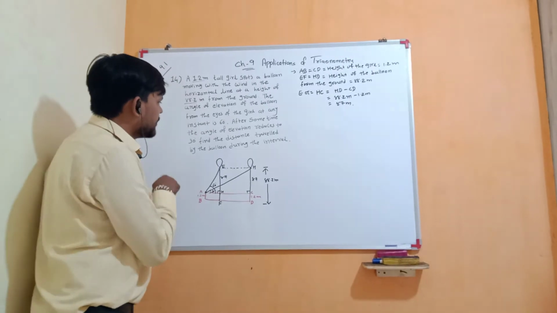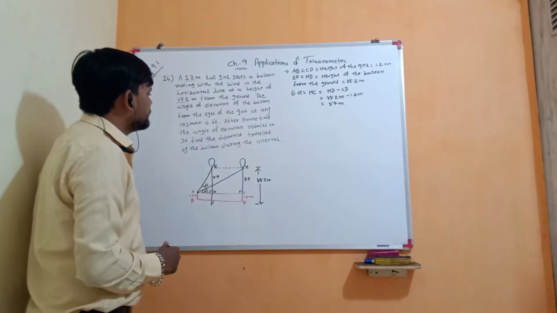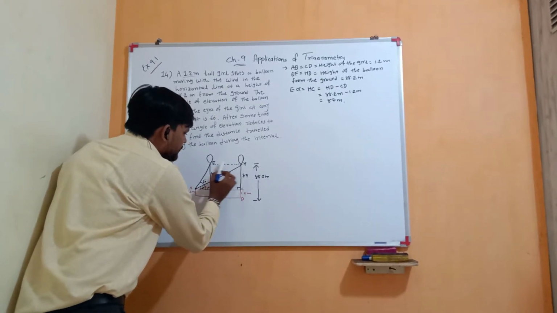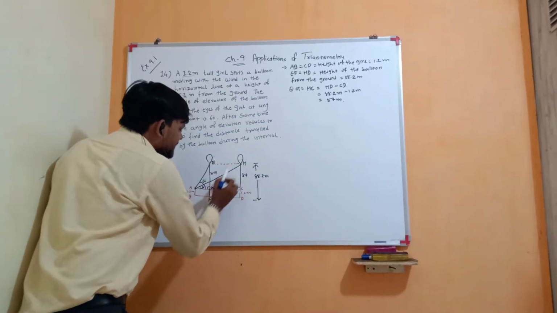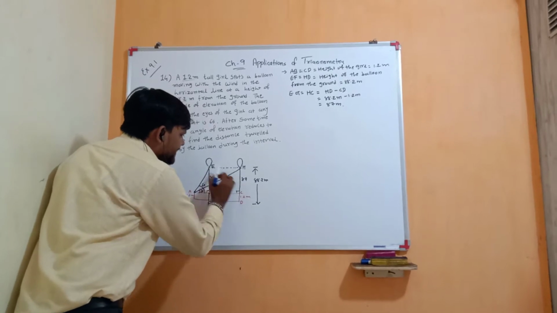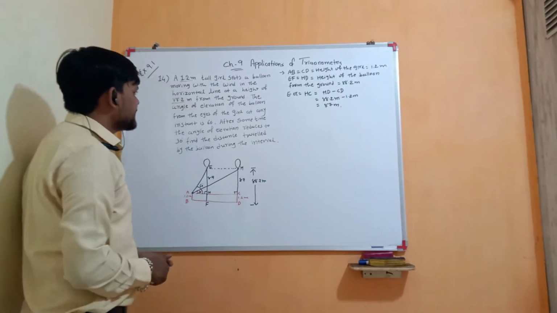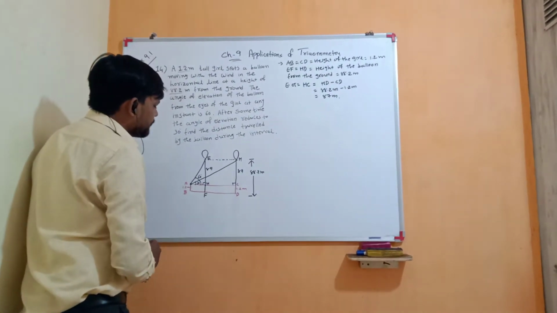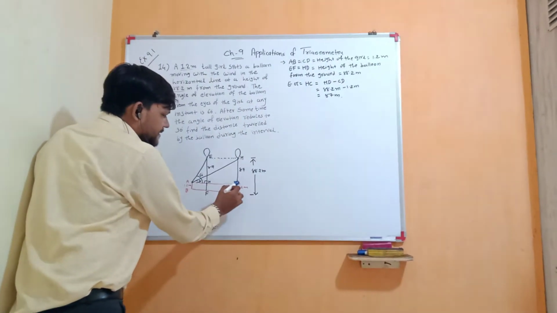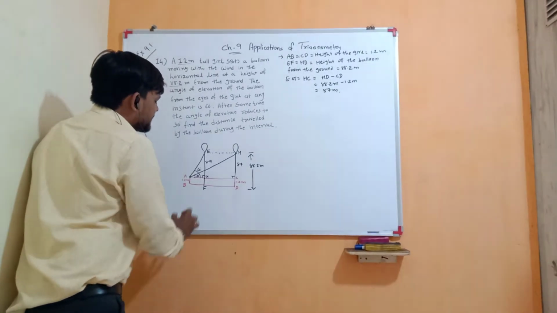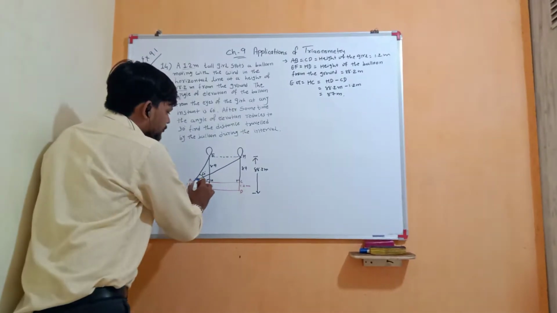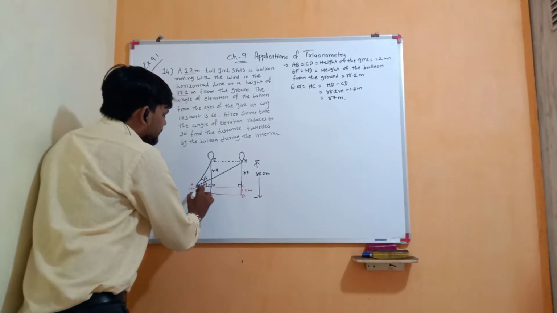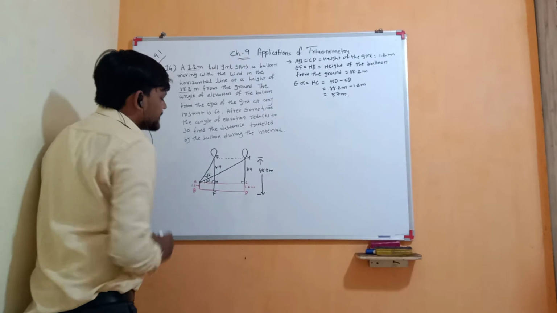Clear? And we want to find the distance travelled by the balloon during the time interval, which is EM, right? Here you have to find EM, which is equal to GC because it forms a rectangle and the opposite sides are equal, right? Now, how can you find GC? For that, first of all, you have to find AC by applying triangle ACH, and you have to subtract AG from AC by applying triangle AGE.